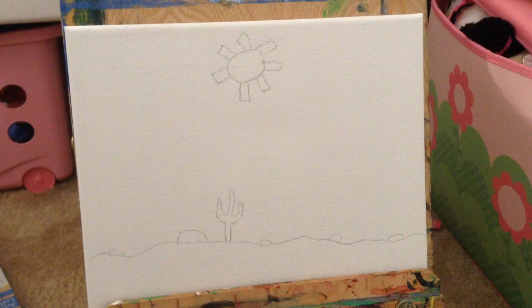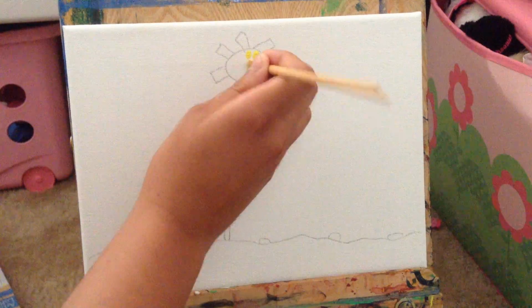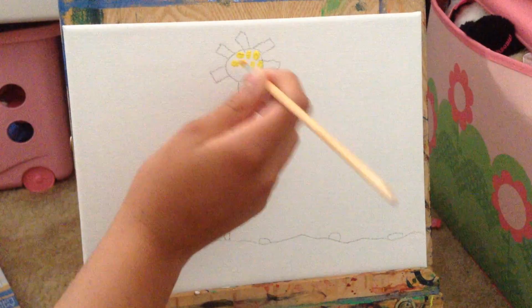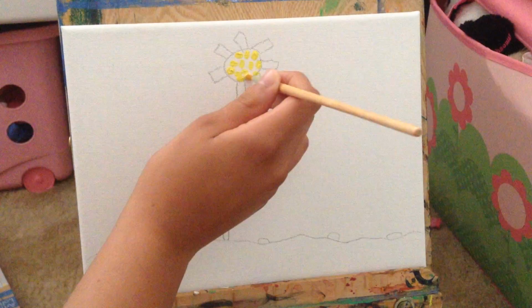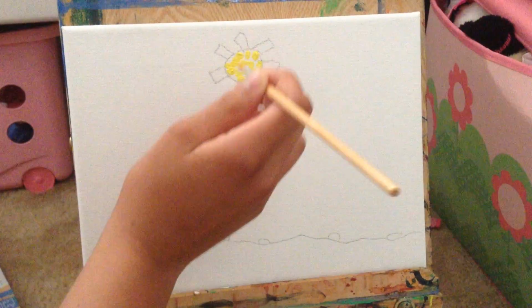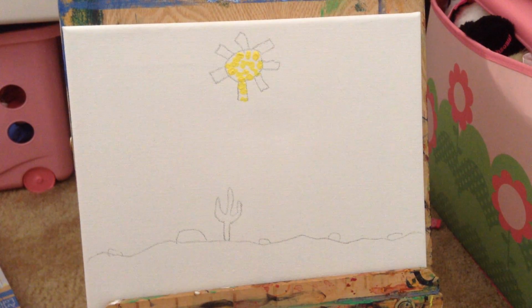So, yeah. Okay, so for this, we're just going to do little dots, like so. And just little dots for the sun. Just like that. And then down here. And then, of course, we'll go back, because I have a giant eraser that we can